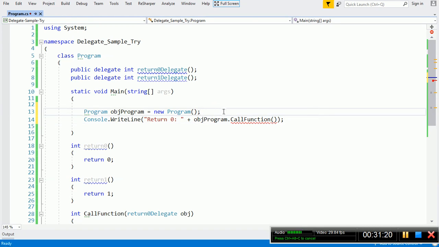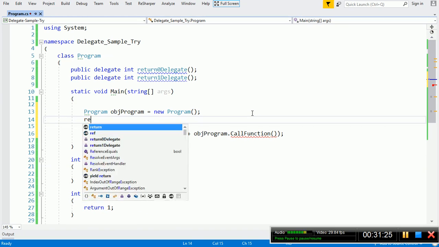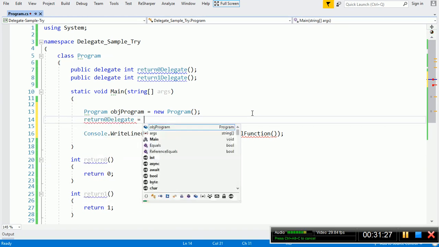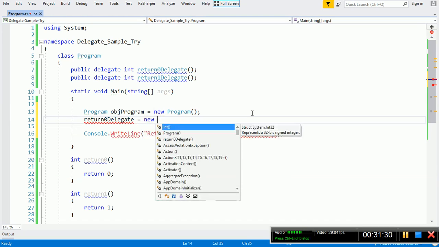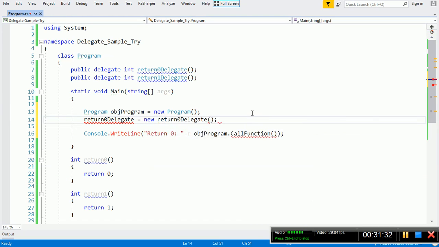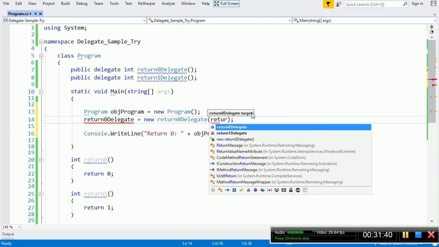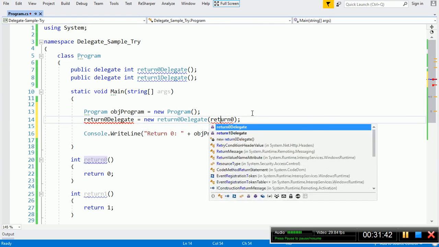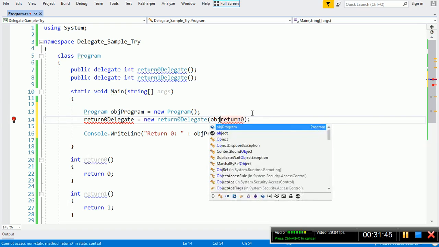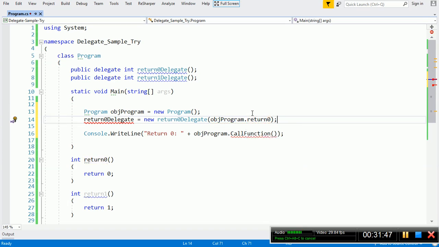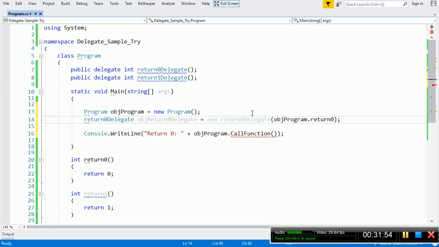For that I will create a new delegate, return 0 delegate is equal to new return 0 delegate. Within this argument, I want to pass the address of our return 0. We can access return 0 through the object of Program. Return 0 delegate is the class name, and you want to pass the object name also.